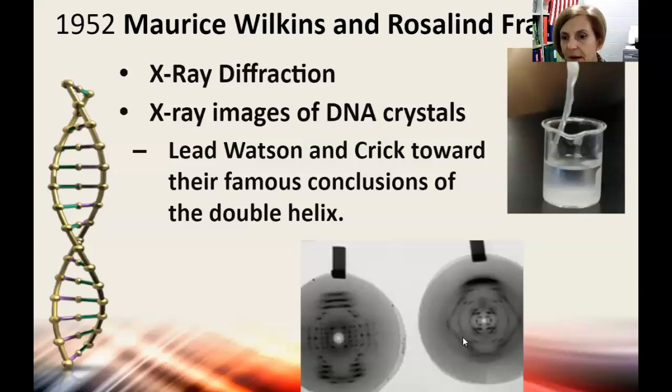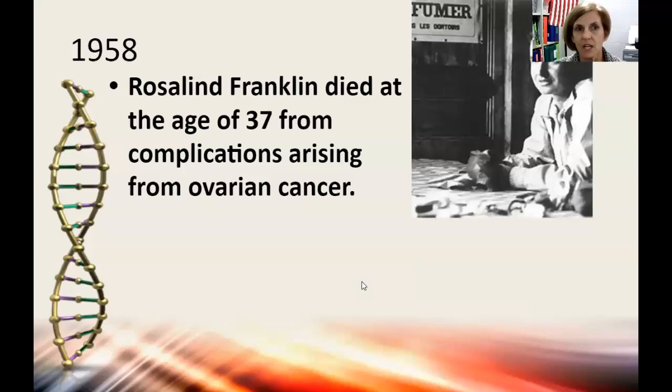They also could see by the number of specks that there were 2 strands wrapping around each other, because we didn't know if it was 1 or 2 or 3. And they could determine distances based on the amount of space in between markings. So Rosalind Franklin and Maurice Wilkins worked with the X-ray diffraction. The pictures were actually taken by Rosalind Franklin. So the picture that really determined the shape and structure of DNA